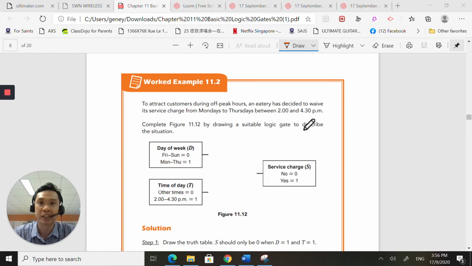Definitely not to impress your girlfriend because girls don't like these things. Sorry, that sounded very gender biased. My bad, I take it back. But yeah, so